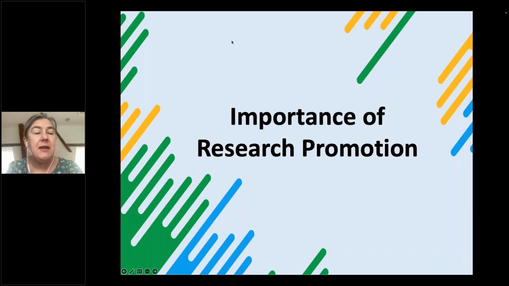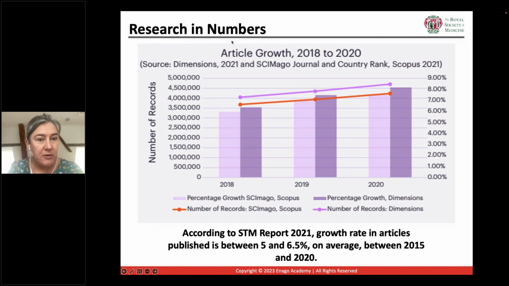So starting with the importance of research promotion, this is quite a good graph actually, I think, which shows that despite the fact that academic research and article numbers keep growing, you can see that even over the last 5 to 10 years, we're still seeing between 5 and 6.5% growth every year in the number of articles that are being published.